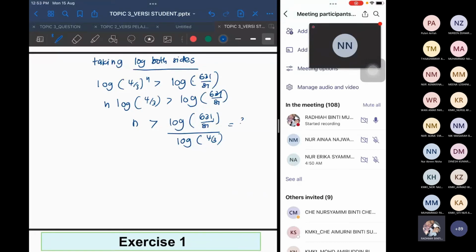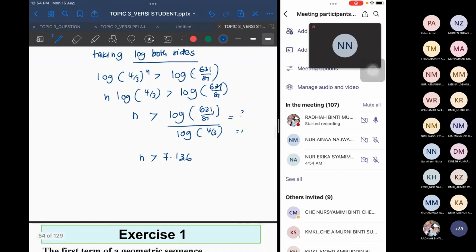Lepas tu dapatkan nilai yang kat bawah ni. Lepas tu baru you bahagi. Kalau tak, you akan pening lah nilai dia tu. Okay, so make sure you solve satu-satu dulu. Sebelum you divide tu, dapatkan nilai yang atas, nilai yang bawah and then you divide. Kalau you nak tekan terus, calculator you kan canggih sekarang ni kan. Kalau calculator hitam yang macam saya tu, macam kena press betul-betul lah. Yang zaman-zaman dulu tu. Okay, so bila you press, you akan dapat n greater than